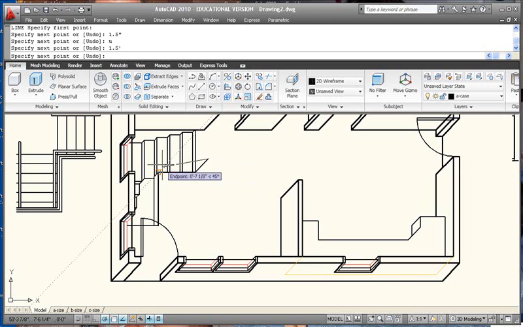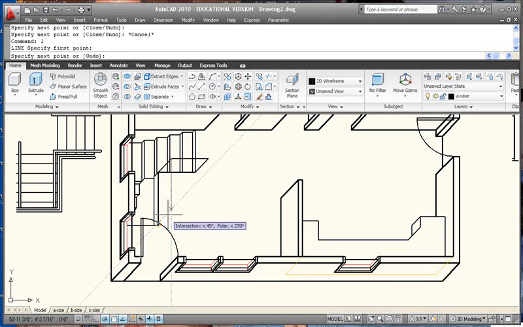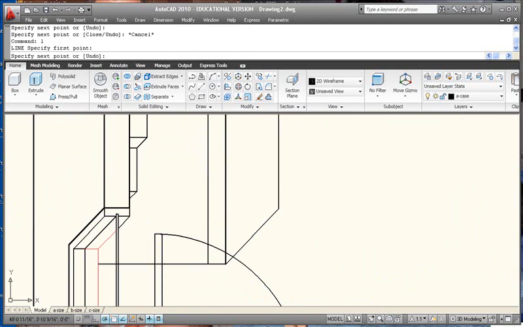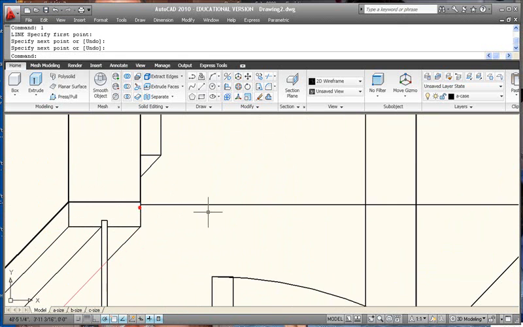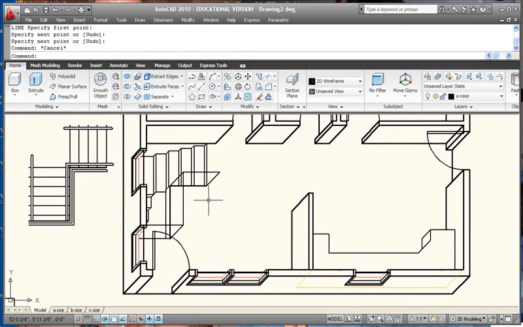Go across 1.5 feet. Make sure we hit the right intersection there. And so that's representing the outside edge of the guardrail, and if this has like a 2-inch thickness, you could